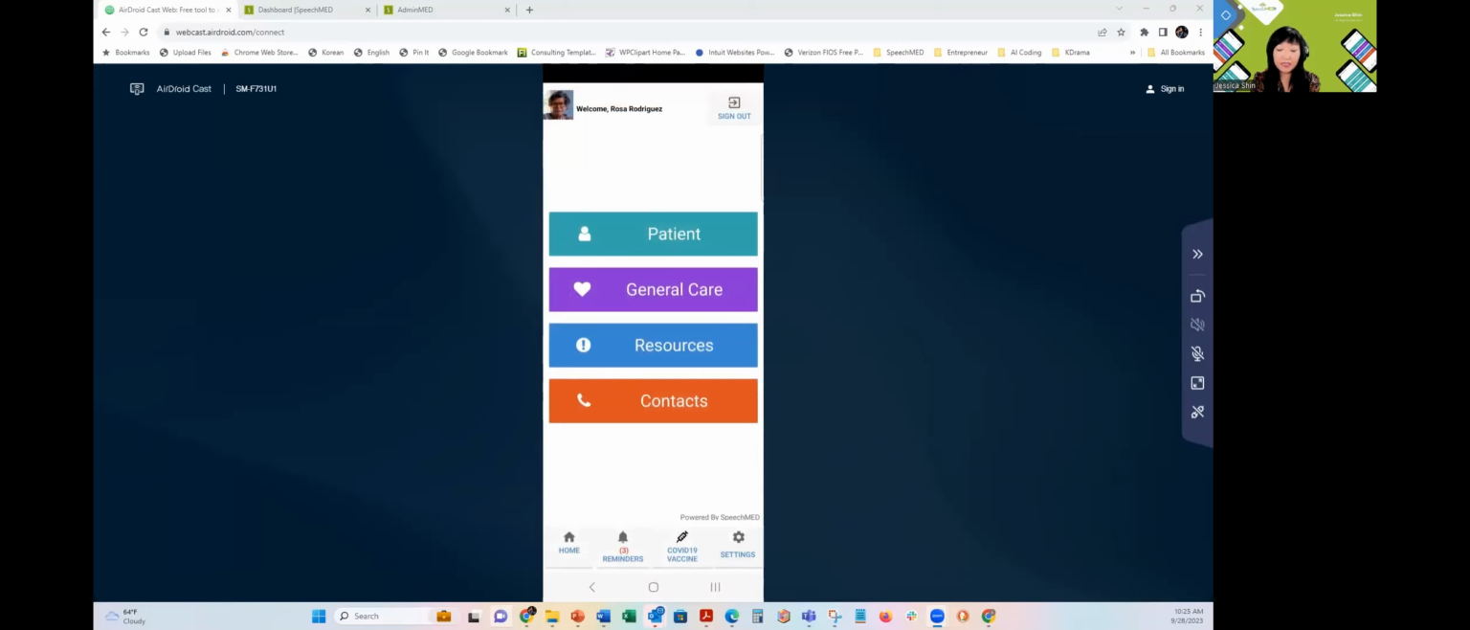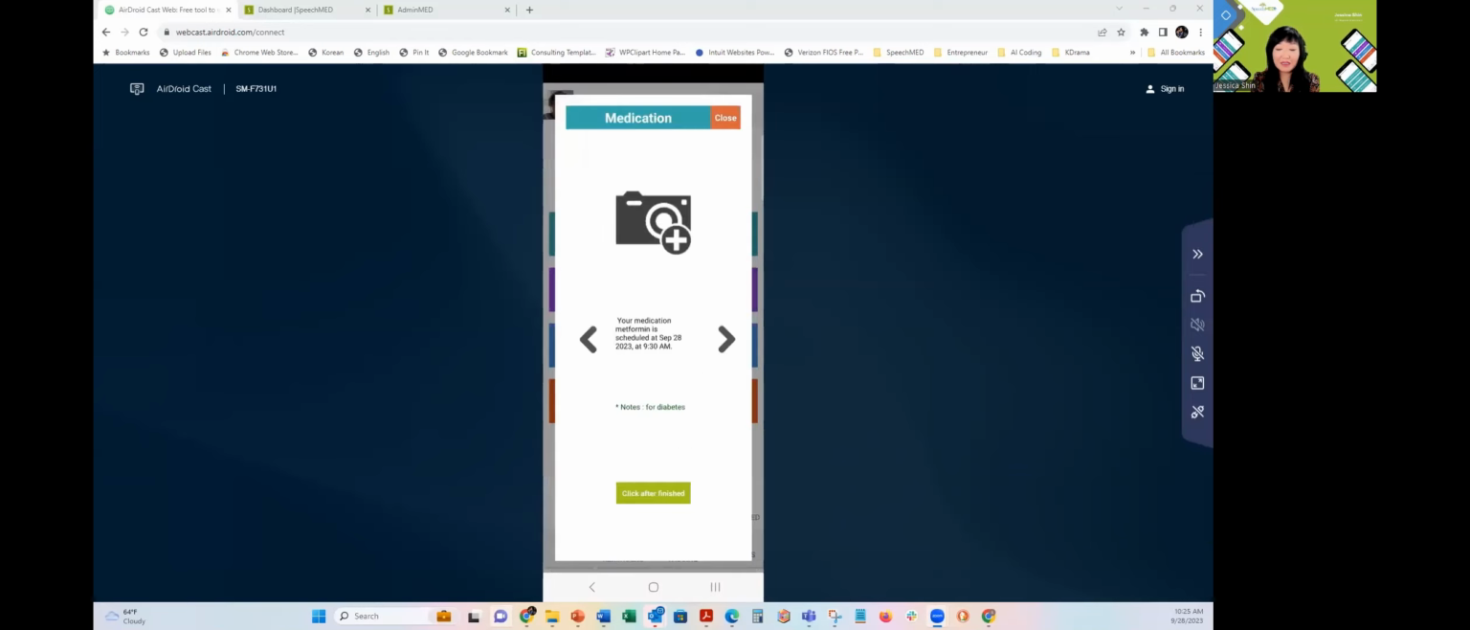On the home screen, I'd like to call your attention to the bottom. Your medication metformin is scheduled at September 28, 2023 at 9:30 a.m. The user will be getting notifications when they need to take their medicine. It'll be sent to them twice before the assigned time that they're supposed to take it. As you can see, again, it shows the exact picture of the pill or medicine that the user needs to